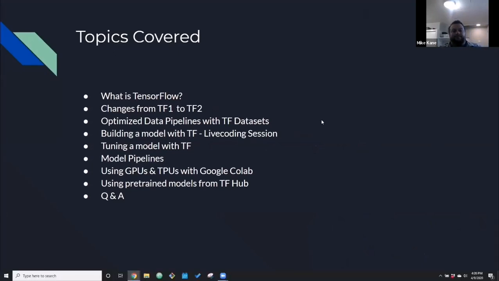Awesome. Cool. So today we're going to start off by talking about what TensorFlow is. What is it used for? More importantly, when would you most likely make use of it? What things can you do with it? And then what things should you maybe use something else for?